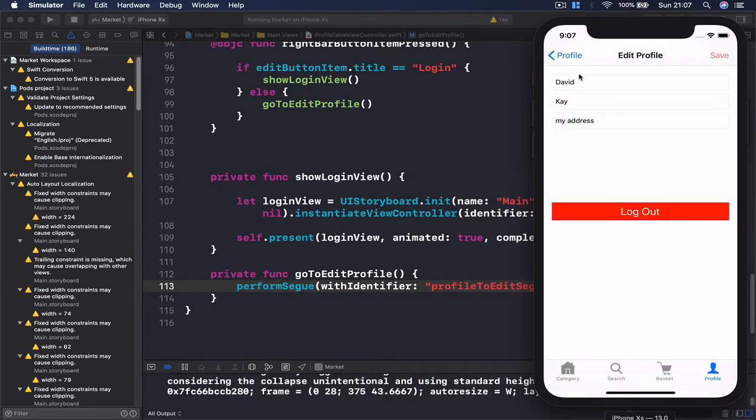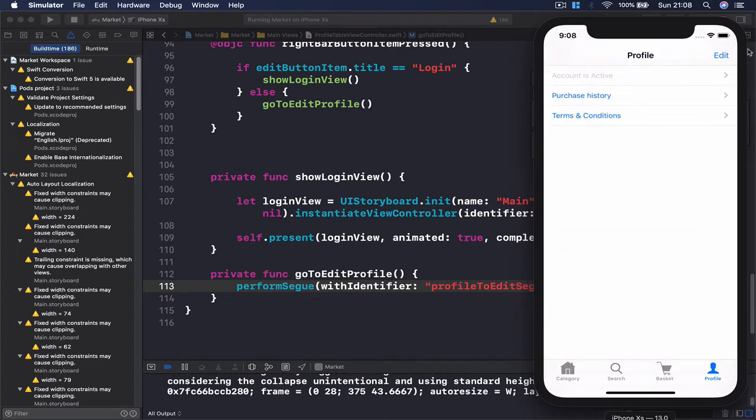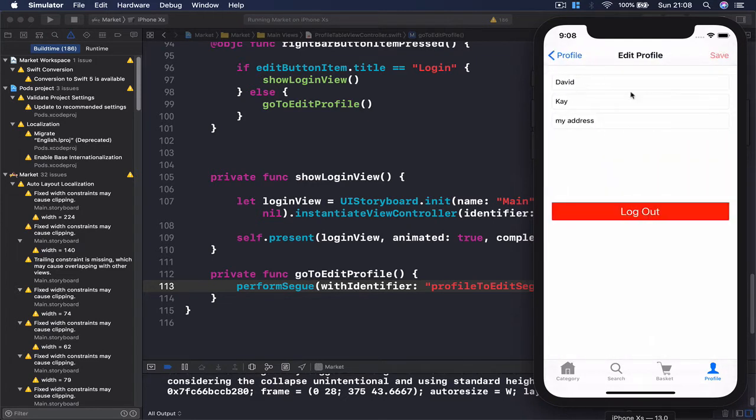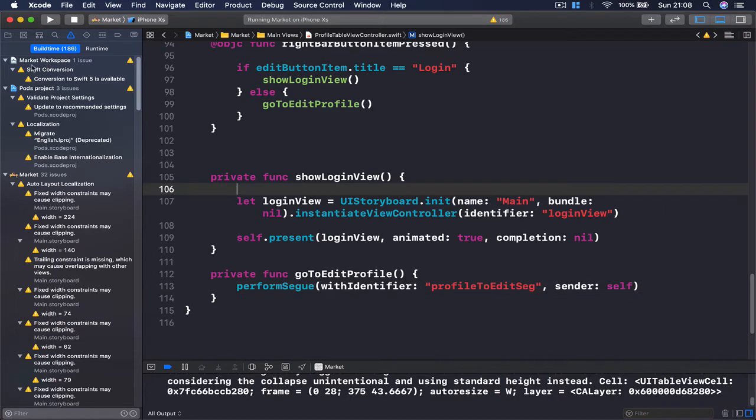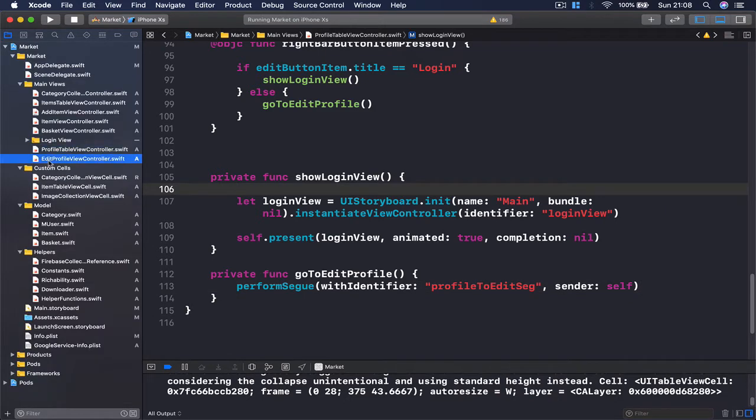As you can see, the information is loaded as well, and I can just go back to my view. So now we have our information, we have our logout button, we have the save button, and what we need to do is to implement the save button functionality so that our user can do the necessary changes. So let's go to our edit profile here,